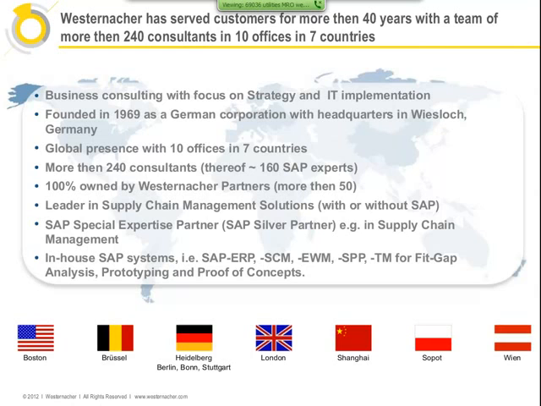A strong asset for our clients is that Westernacher hosts its own SAP systems. For example, ECC, SCM, EWM, SPP, and now TM. We leverage them together with our clients for proof of concept, rapid prototyping, and fit gap analysis in initial phases of a project engagement in order to show the potential benefits of the particular SAP solution very early in the game. Also, if you're an ASOC member, you can try the ASOC demo services for EWM and SPP, which have been set up by Westernacher and that run on our systems.